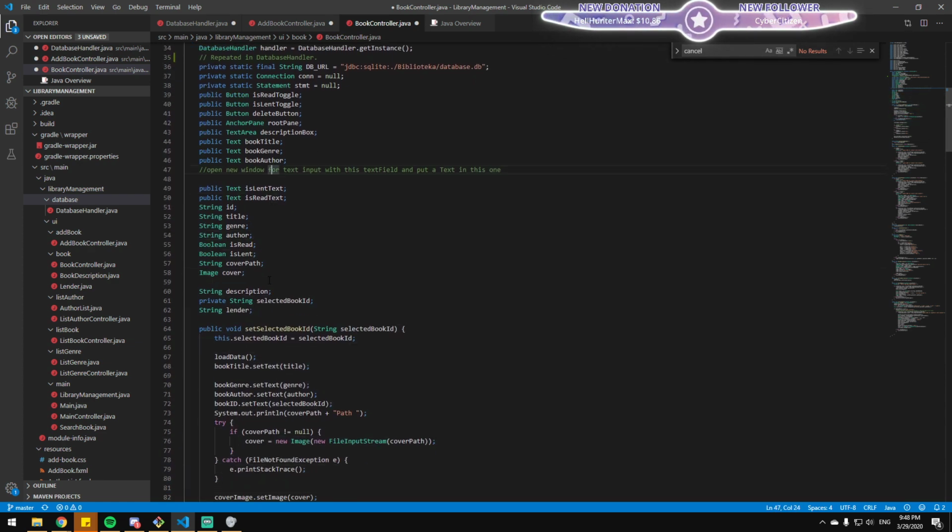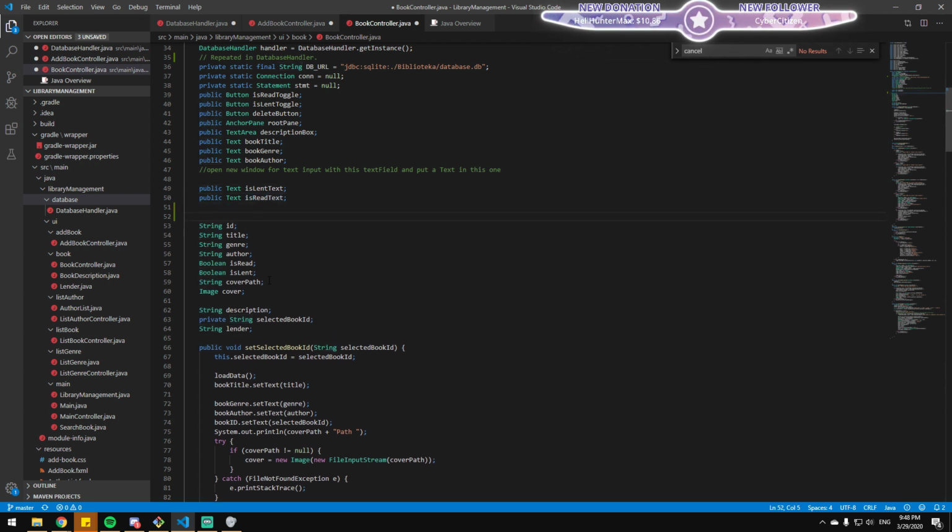Yeah, exactly. So I was wondering if you could just use the annotation, and maybe that would expose it just to the XML. So you could have a private text book author, and then just put the XML attribute on it. I'm not sure how it works. I'm not sure either, but at the same time, what problem does it solve? Because you're still exposing it, and they should be private, ideally.